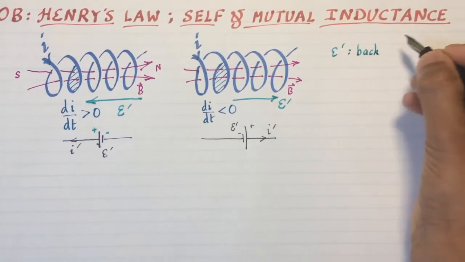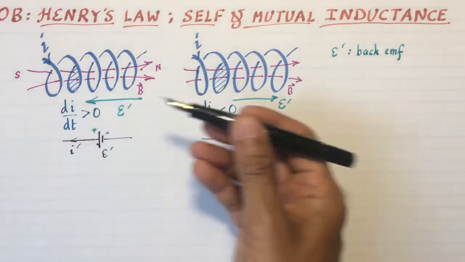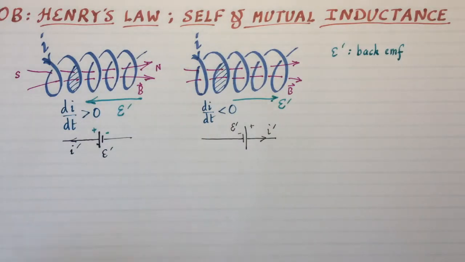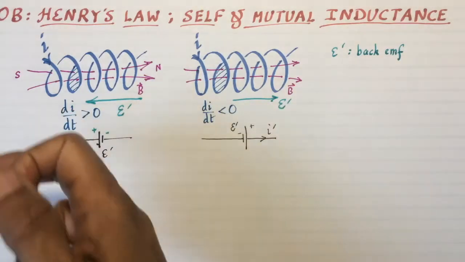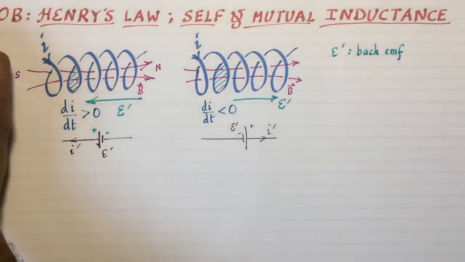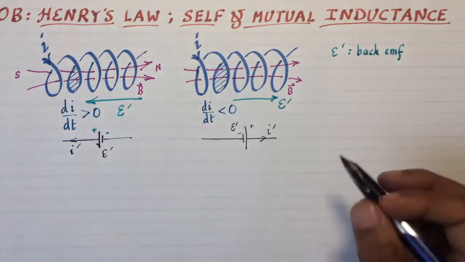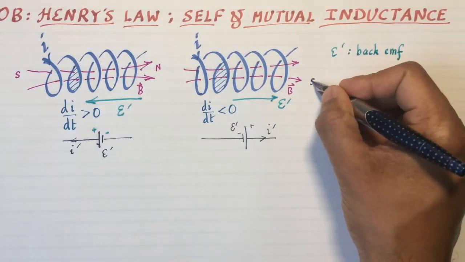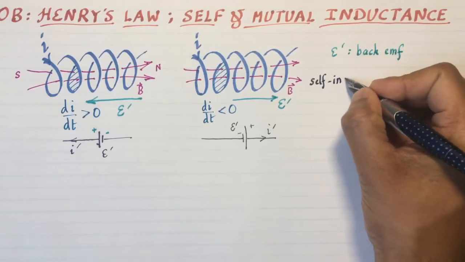It makes sense. It is acting backwards in the direction of the increasing trend. If current increases in this direction, the magnetic field increases in the forward direction, and so the EMF kicks back to counteract it. So he called that the back EMF. And he defined a quantity called the self-inductance of the coil. And the self-inductance, sometimes simply called inductance without the word self,